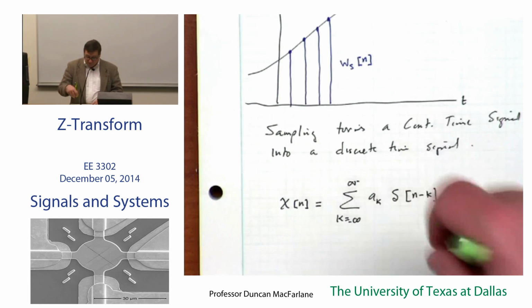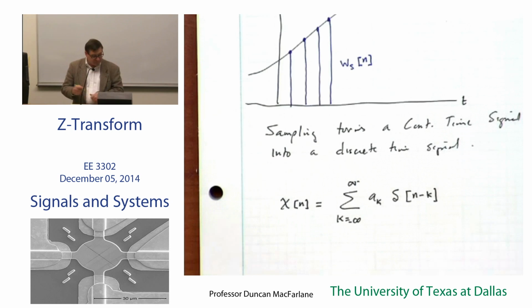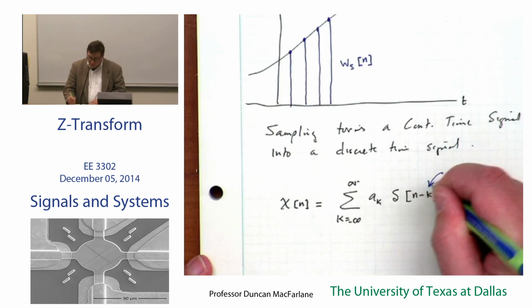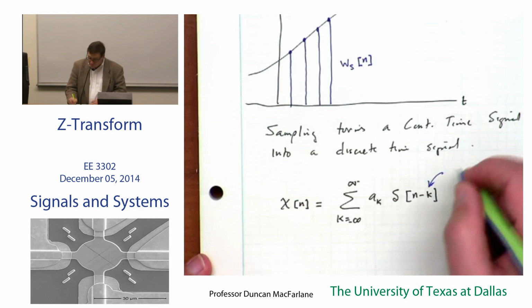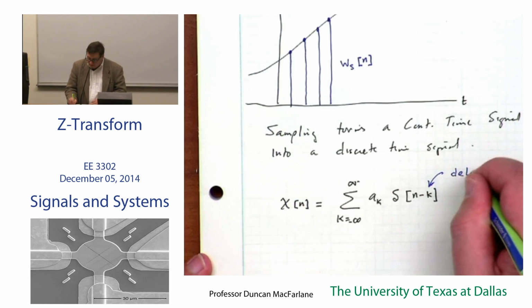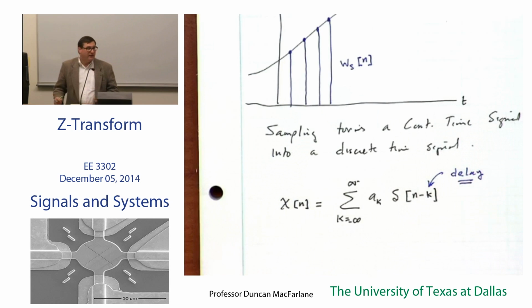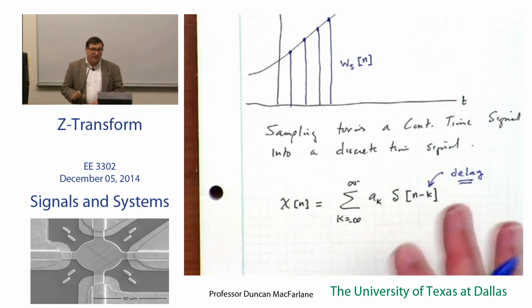What's important is this k here. This k tells you which delta function you're talking about. This k is exactly a delay. Remember that we learned about that in Chapter 1, I think, in our transformations of a signal. And I want to remind you of this delay,